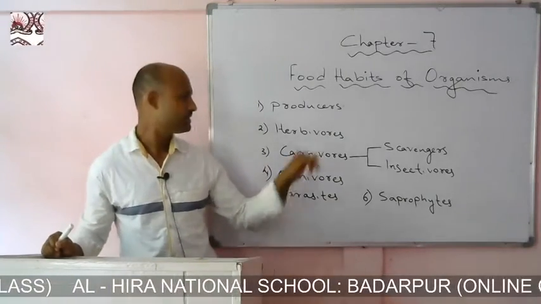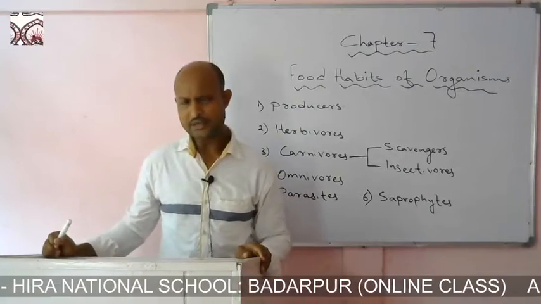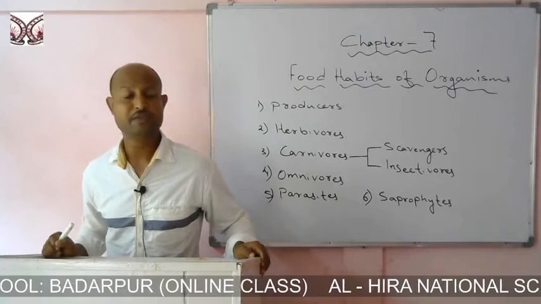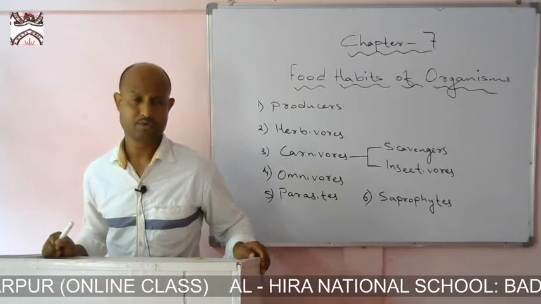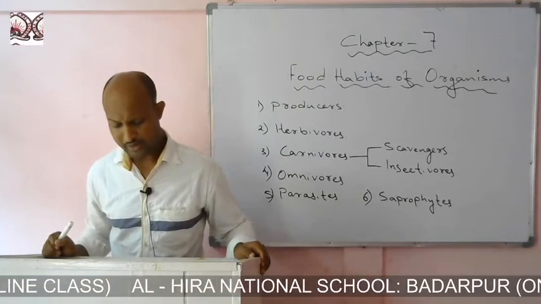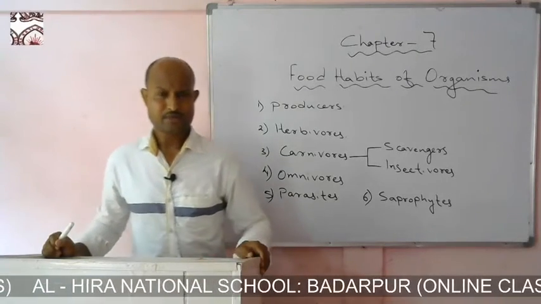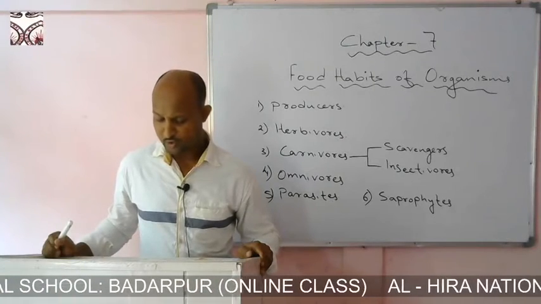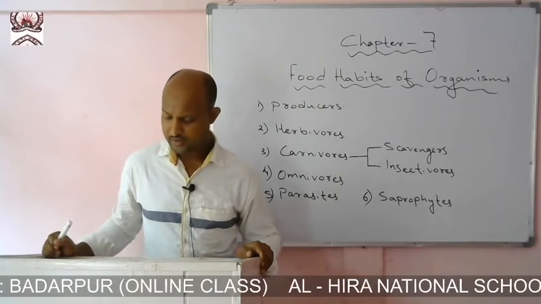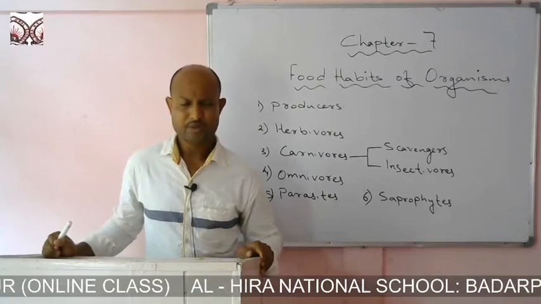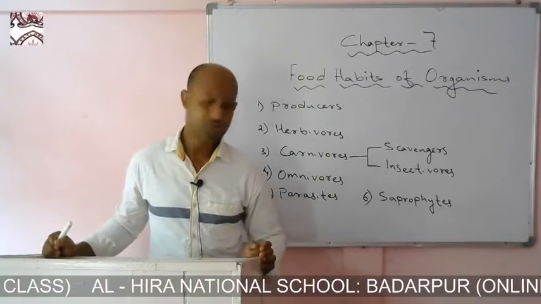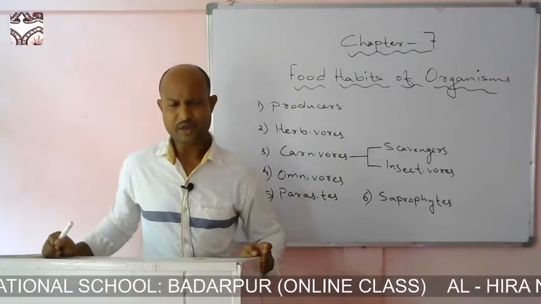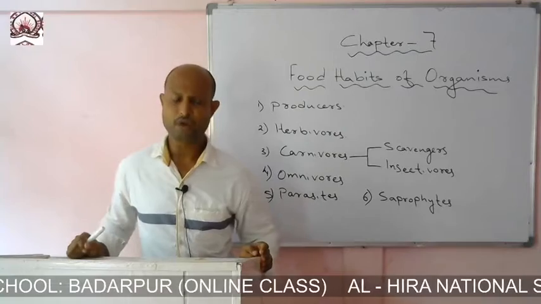The second group is the herbivores. Under this group we get all those animals that depend on plants directly for their food. For example, cow, goat, deer, zebra, or we can also say the honeybees, fruit-eating birds, leaf-munching tortoises, and aquatic creatures like fishes. They come under this group known as herbivores, and these organisms always depend on plants for their food.